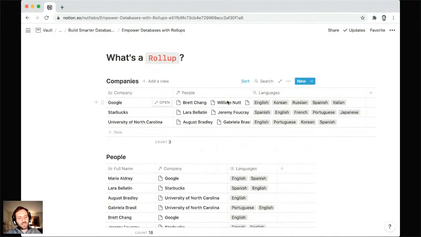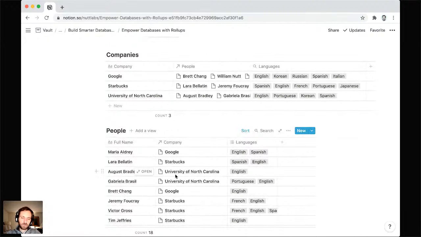In this example here, we see a database of companies and a database of people. Every person in this people database is related to a company. You can think of them as employees. We only have 3 companies here, but then we have multiple employees per company. Within our people database, we have a multi-select property for the languages that the people speak. Using this Rollup property, we can pull in or retrieve all of the languages that are spoken by